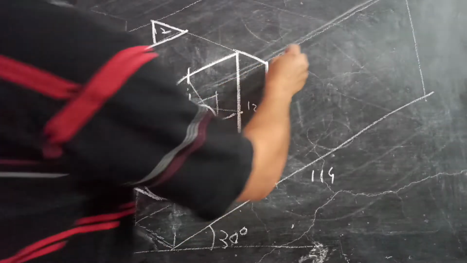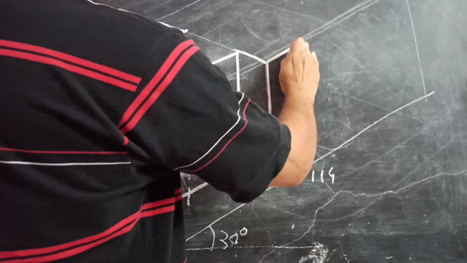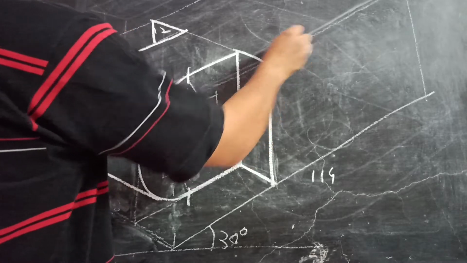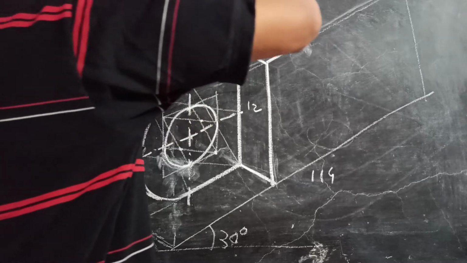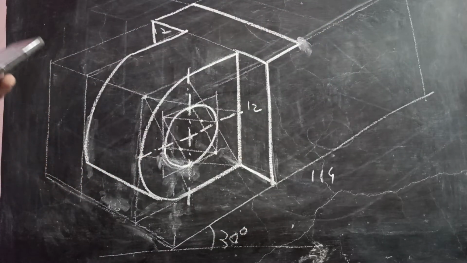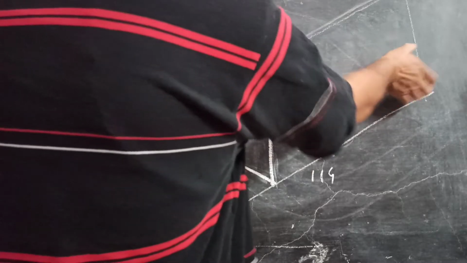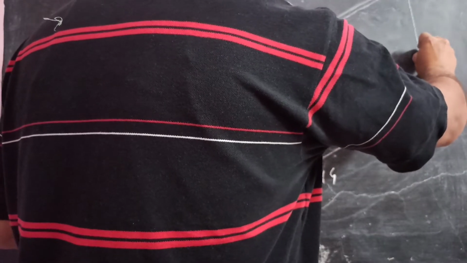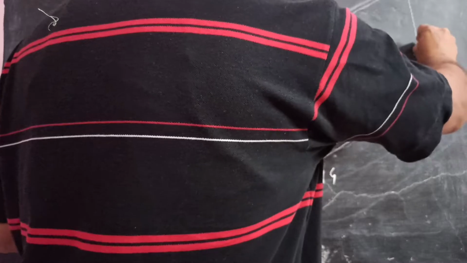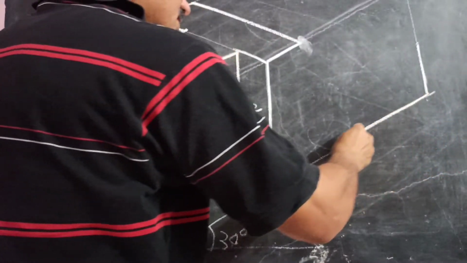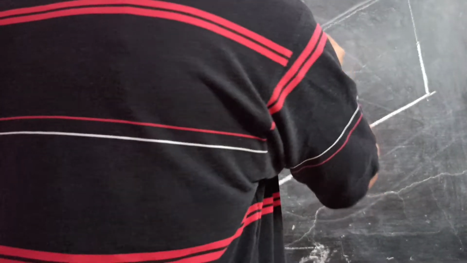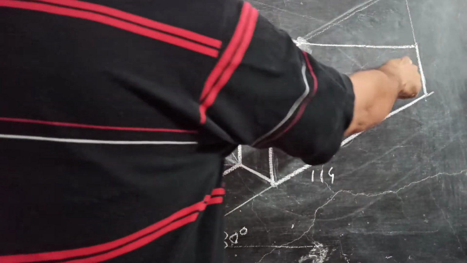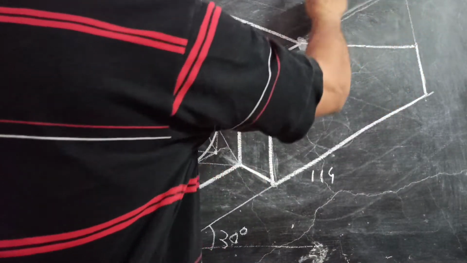Then this is 15. So this is 15. Draw a line parallel to this from here. This is also 15. This is a dark line. Then this is 24. So you can mark this as 24. This is 24. This is dark. And this is joined with this. So you can draw a line parallel. Join these 2 points. From here, draw a line parallel to this.